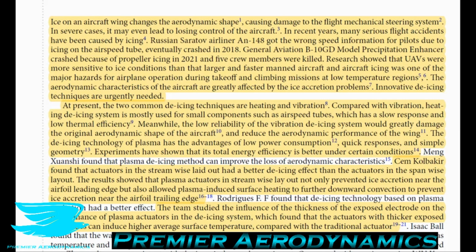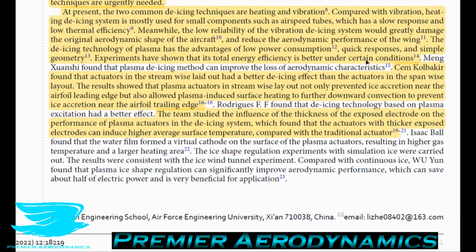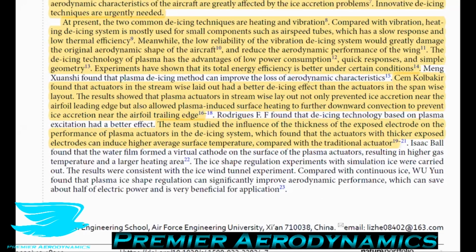But that's plasma, and that's usually very hot, and that's what they use here. And you can produce plasma very cheaply, not only financially but also energy-wise. You can literally use a battery pack to do it very easily. It doesn't require high power at all, depending on how much you want, of course, but you can do it with very low power. So a researcher found that actuators laid out in the streamwise direction,